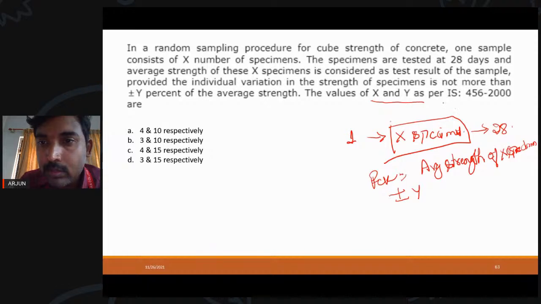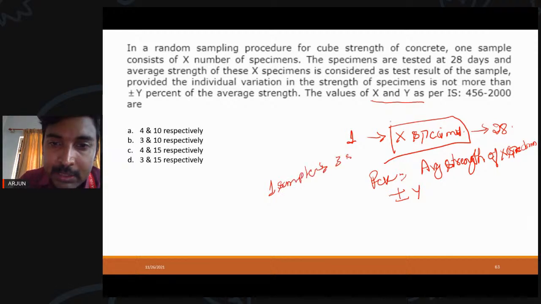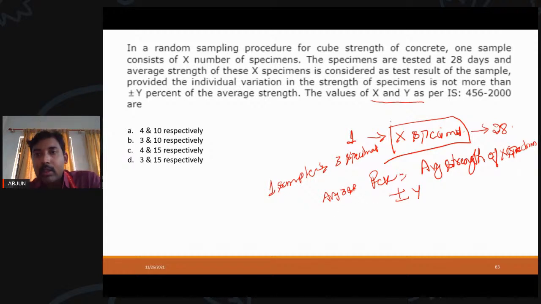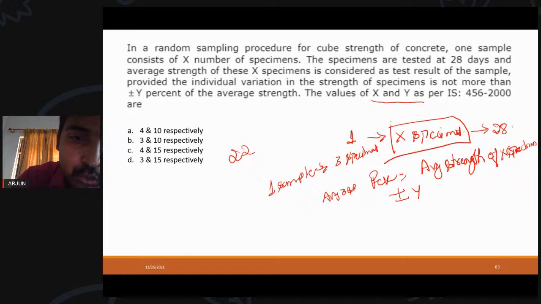So as per IS 456:2000, as I told you earlier, one sample requires a minimum of 3 specimens. Generally, the average of 3 specimens will be considered as the 28 days strength. Then also the variation of compressive strength for each specimen should not vary more than or less than 15% of the average value. Suppose your average compressive strength is 22 Newton per mm square,